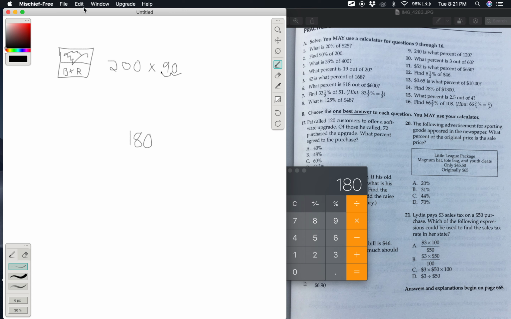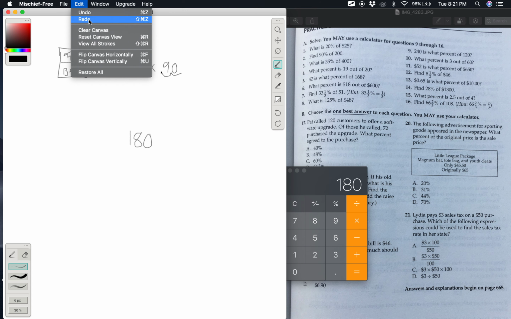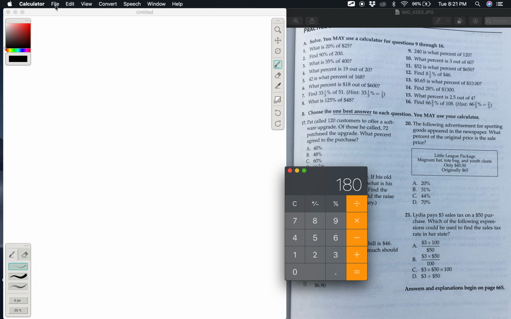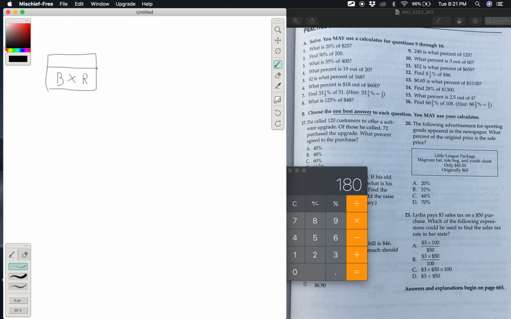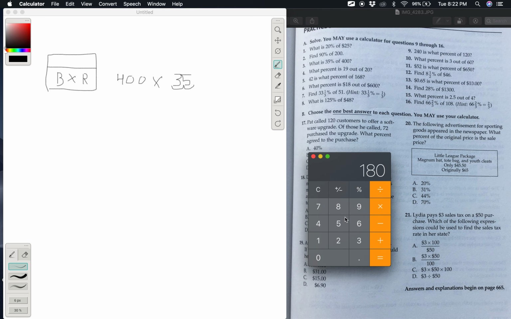Okay, let's go ahead and clear this. What is 35% of 400? Again, base times rate. The base is 400. The rate is 35%, but remember, move the decimal point here. Now it's 0.35. So let's clear this. 0.35 times